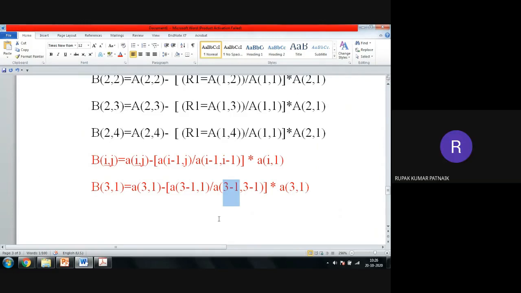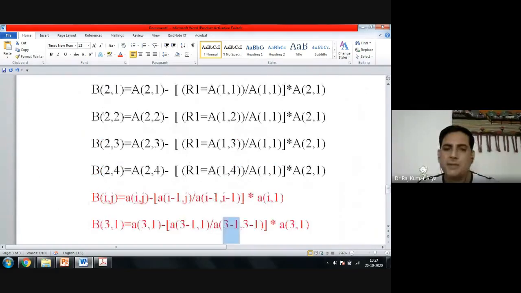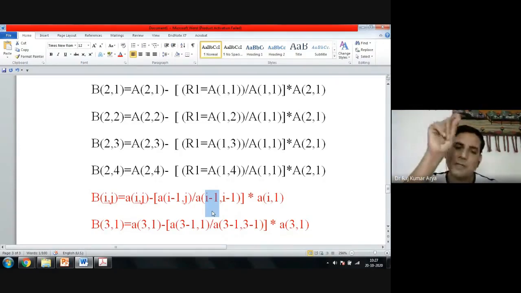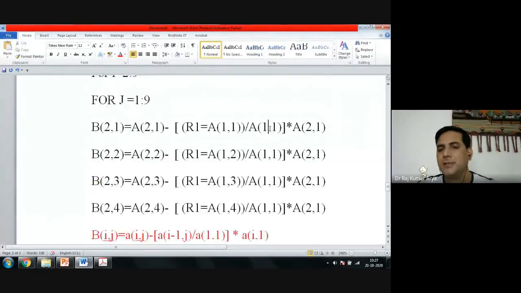Correct or not? Yes, sir. So I don't want this to change. So somehow I have to fix it. This one I have to fix. I have to fix at A1, comma 1. If I am doing first element zeros of all rows, I have to fix somehow A1, comma 1. This I don't want to change at all, because this is not at all changing. You see here?